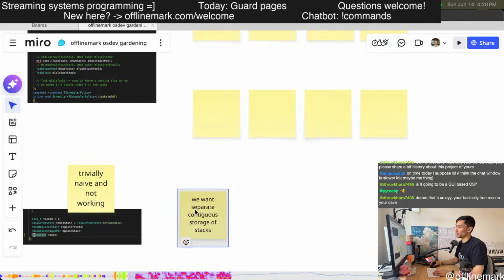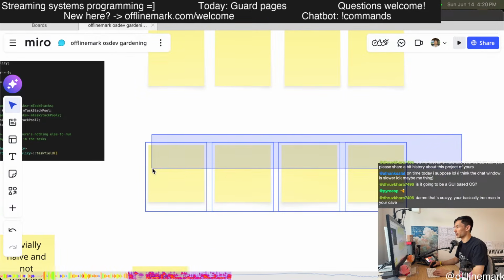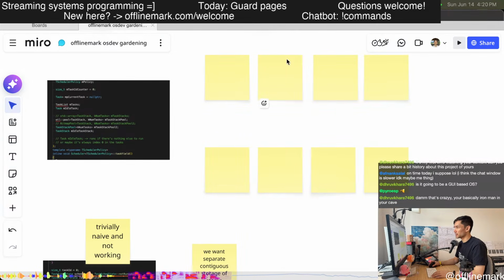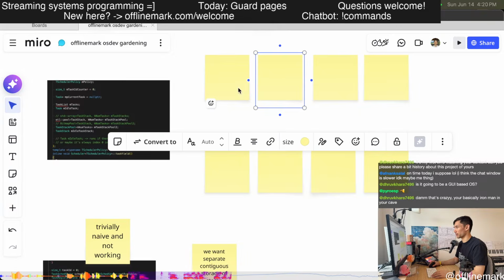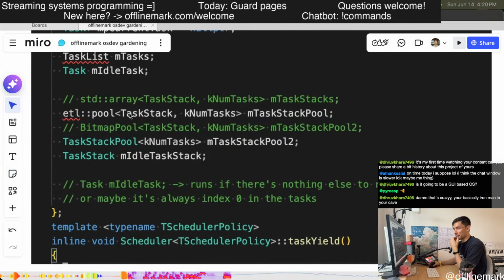And this is really the question of how to do this. This is what we've been diving into. How exactly do we declare a separate set of stacks in a way that can be used and linked with their corresponding task? And there are at least maybe 2 or 3 possibilities, and I've been exploring all of them.